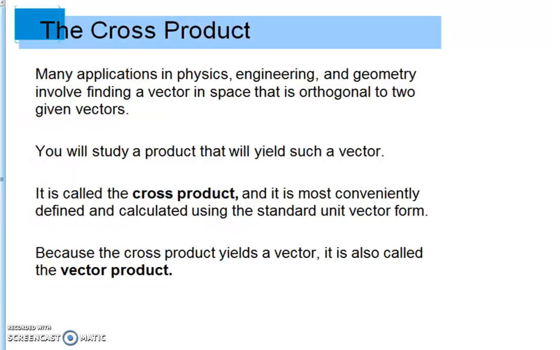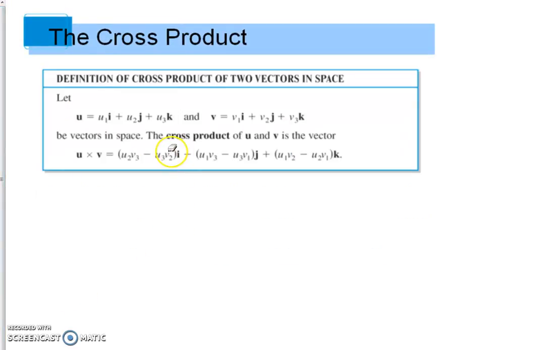We'll call it the cross product. Here's how it works. If I've got a vector u, which is u1 i plus u2 j plus u3 k, and v is equal to v1 i plus v2 j plus v3 k, the cross product of u and v, u cross v, is equal to (u2 v3 minus u3 v2) times i, minus, and here's a big minus, make sure you recognize that,